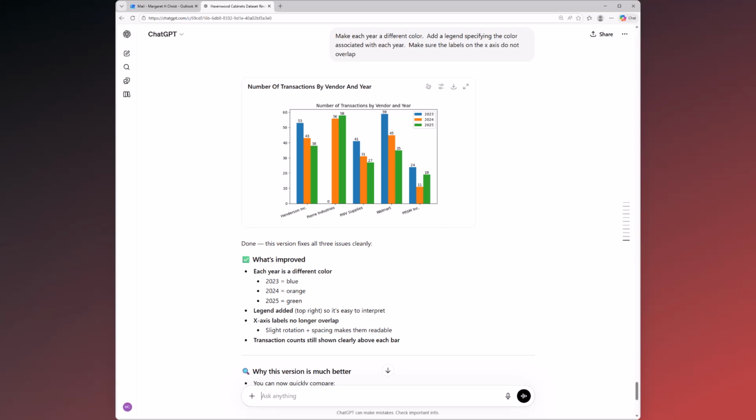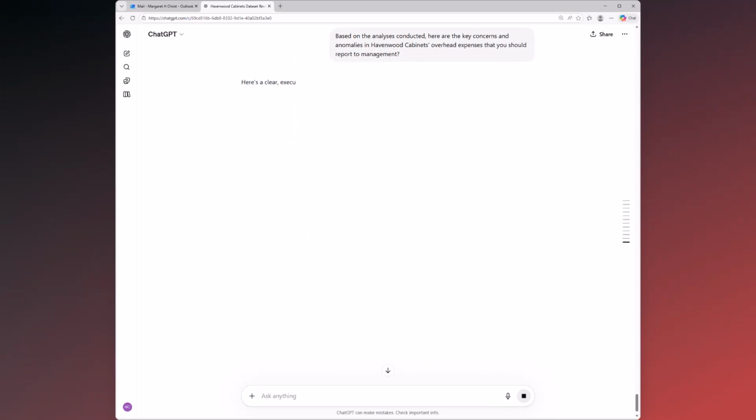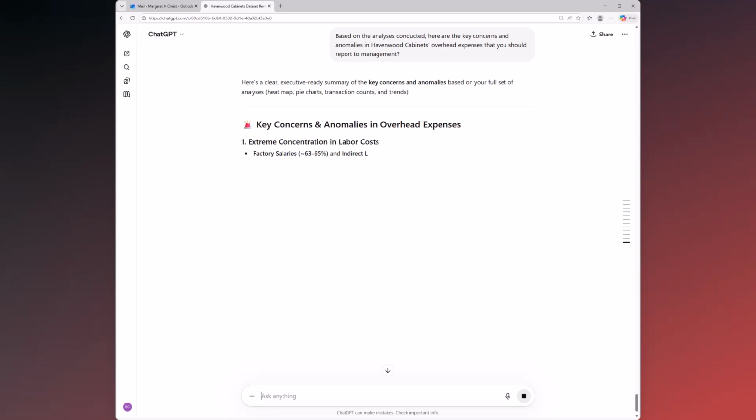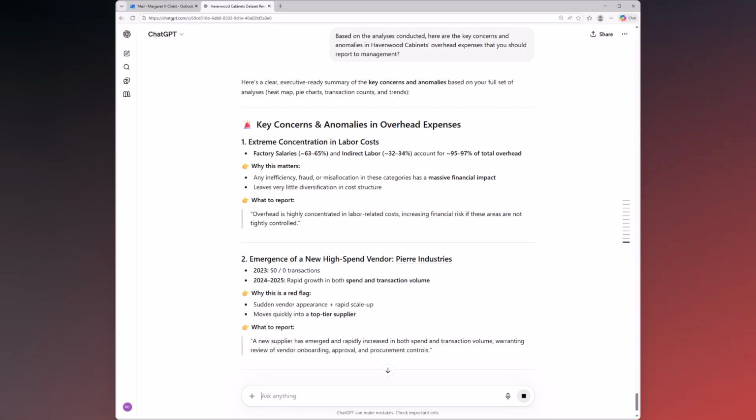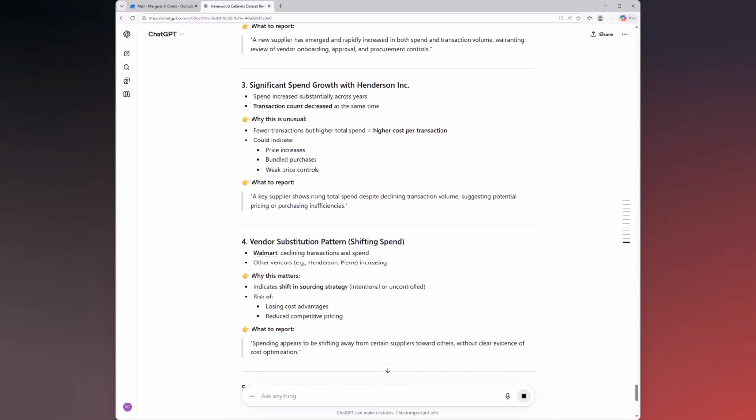The last thing I want to do is prompt ChatGPT to identify any key concerns or anomalies for this data set that I could report to management. So it gives me some discussion of what the key concerns and anomalies are in overhead expenses, talks about things like concentration of labor costs, new vendors that are rapidly becoming high spend, significant growth in spending with other vendors, and maybe some substitution. Yours probably comes up with some different